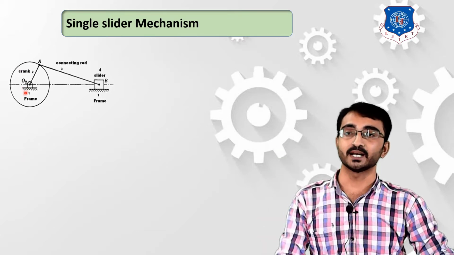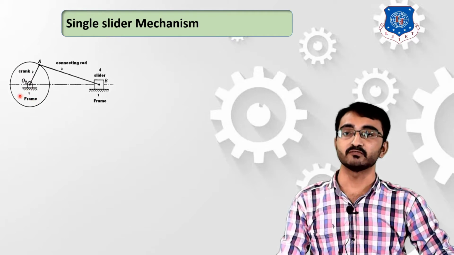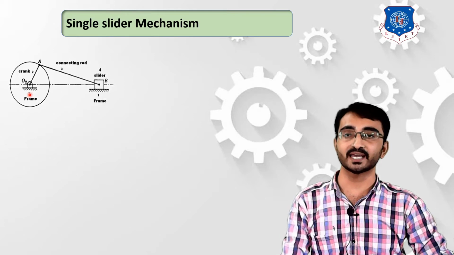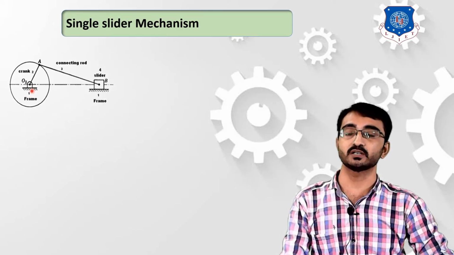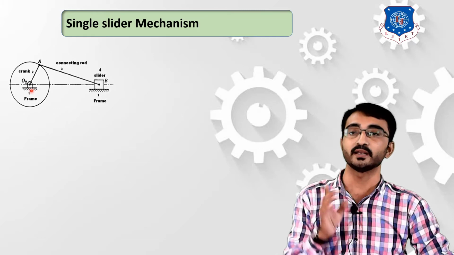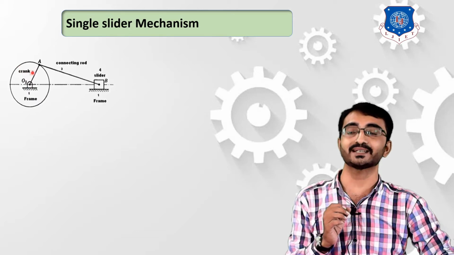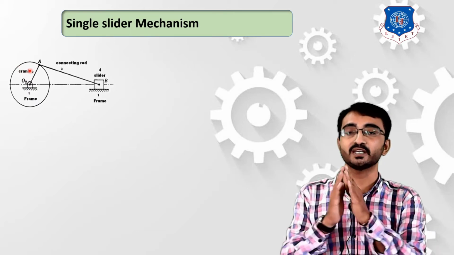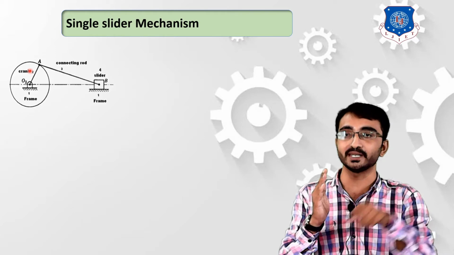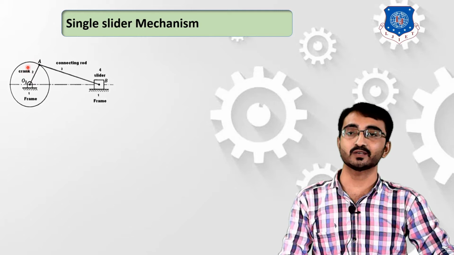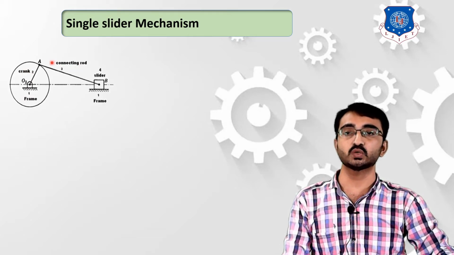In this diagram, this is the frame, which is link number 1. We have to fix any one link of a kinematic chain, so let's consider this fixation as link number 1. This link number 1 is connected with link number 2, which is termed a crank. What is a crank? Any component which is able to rotate completely is known as a crank. So here link number 2, the crank, will be completely rotating with respect to link number 1.